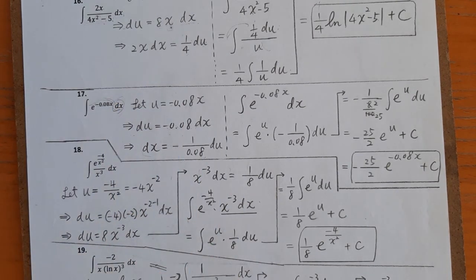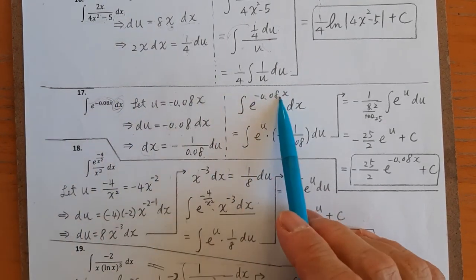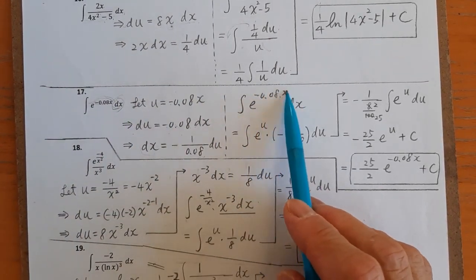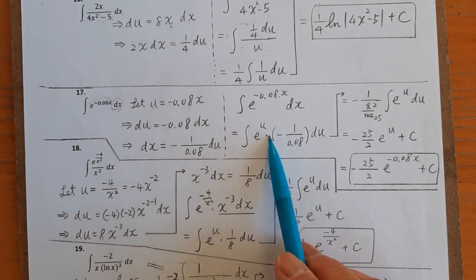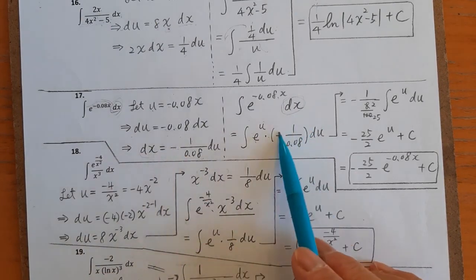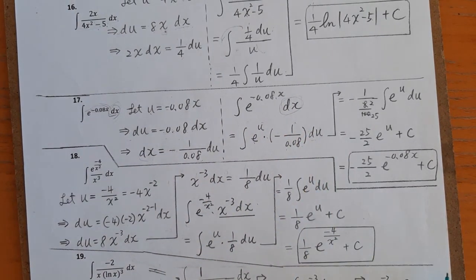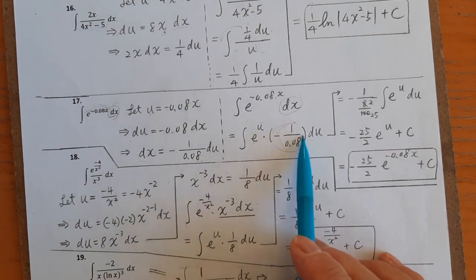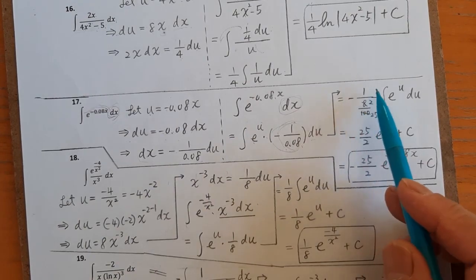That's solved for dx because here has only dx. And then now we substitute back in. So integral, original question, negative 0.08x substitute by u. So get e to the power u times. What is dx? dx is negative 1 over 0.08 du. And this part is a constant, and you can factor out. Become negative 1 over